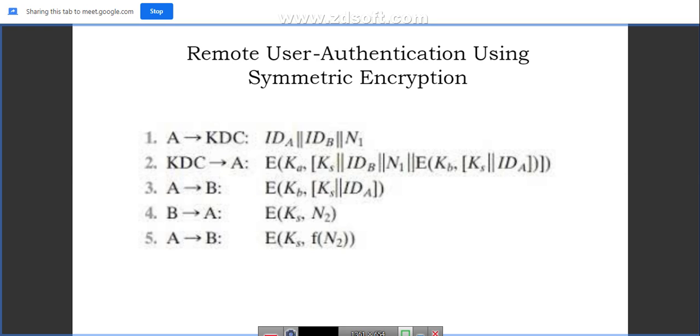Okay, I hope you got clarity about all these 5 phases. But still steps 4 and 5, wherein B tries to prove his identity and A tries to prove his identity to the other person, are still vulnerable to a replay attack. Let's suppose that opponent X, the third party, has been able to compromise the old session key, the old session key which was used some days or some years ago.